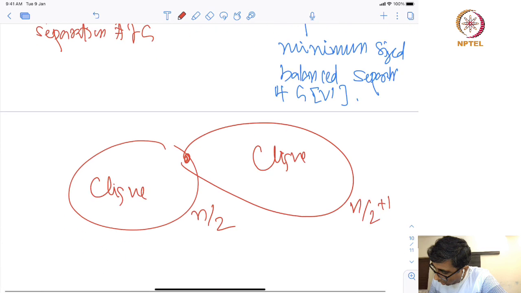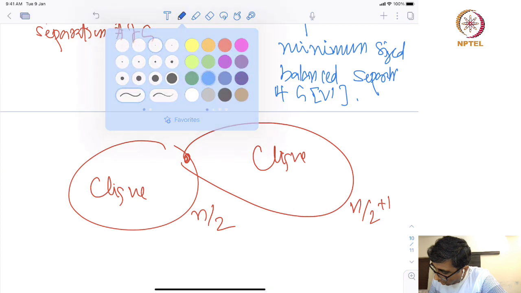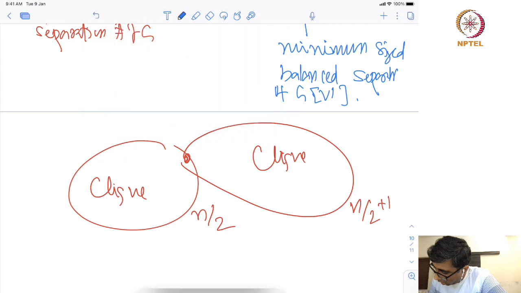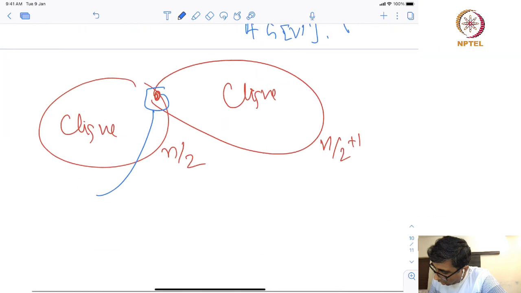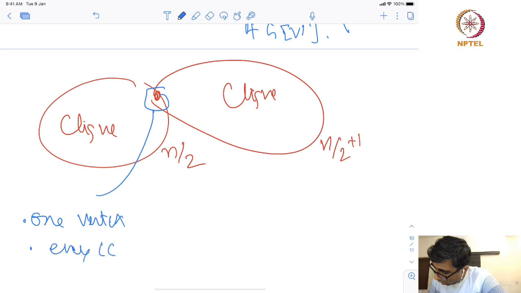Now, notice that if we delete this one vertex, then every connected component has size at most